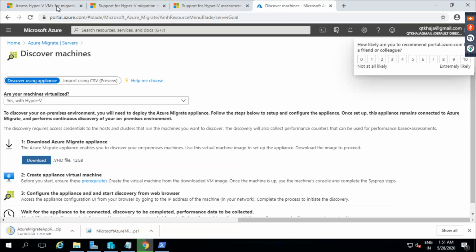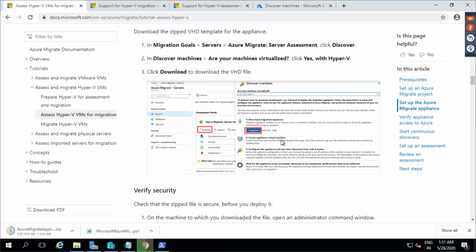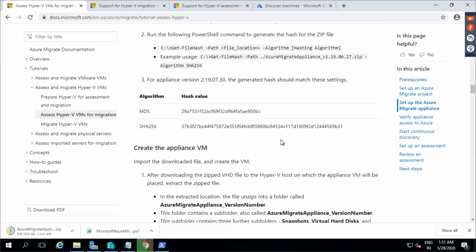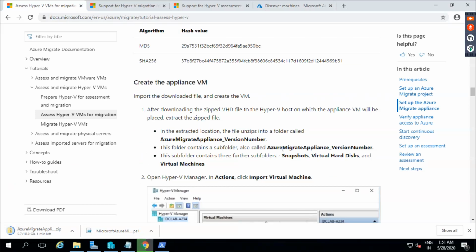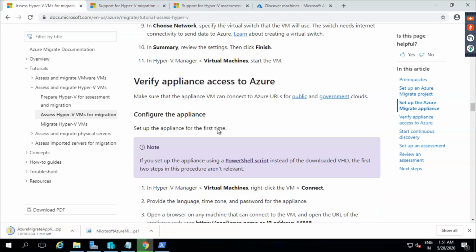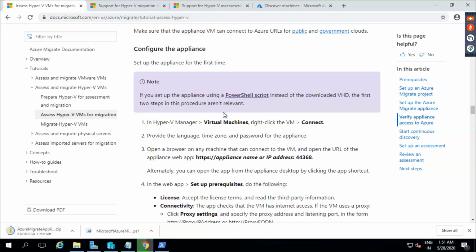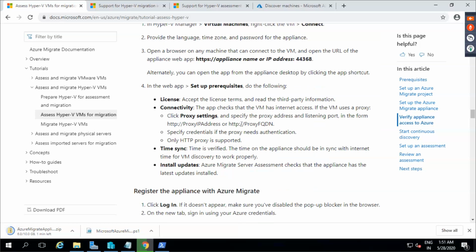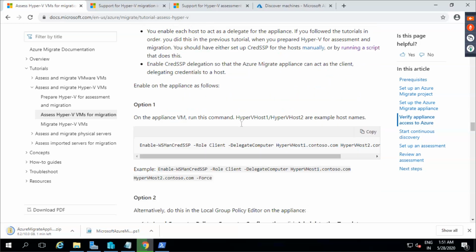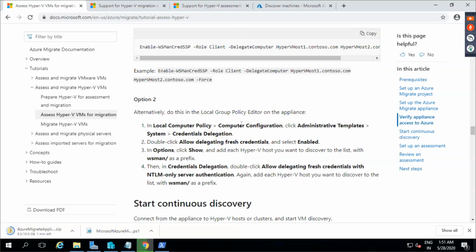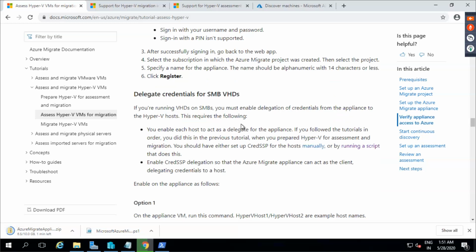How to create a VM and everything is basically from the documentation. So you can see how to create the appliance virtual machine. After you create an appliance virtual machine, what are the different things you need to configure? All of the stuff which I'll be speaking about in this classroom will be from here itself.